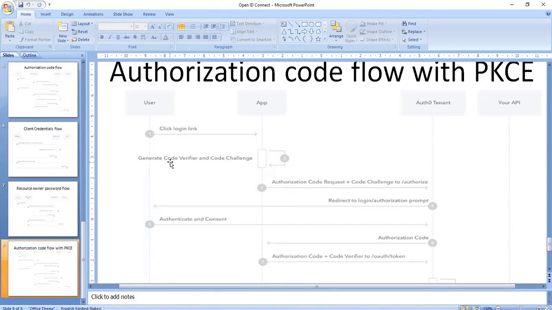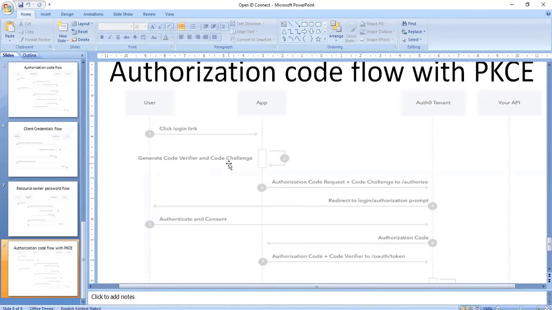It will be a normal code, usually a combination of alpha and numeric values. So the code will be generated and the code challenge will also be generated.